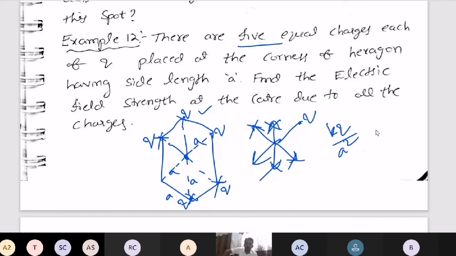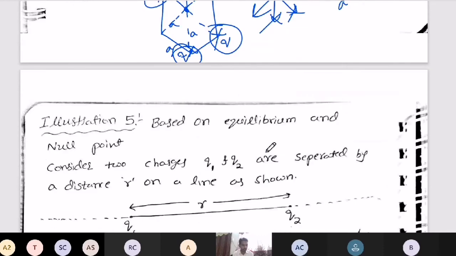Here 5 fields are there. But logically, when they give a simple logical question, 2 fields get cancelled, and 2 more fields get cancelled. This field and this field get cancelled because they are equal and opposite. Similarly, this and this two also get cancelled because of opposite direction, equal and opposite. Now,